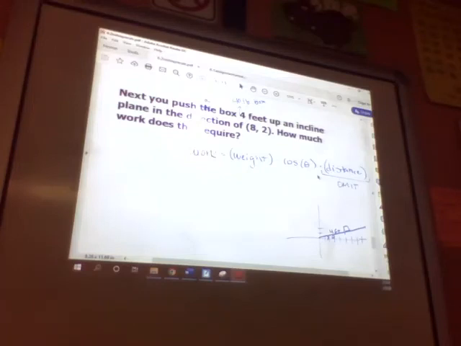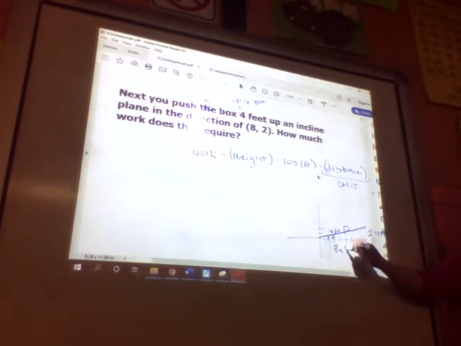Do you know how to find the angle given that it was 8 across and 2 up? No. Yes, you do. Lex, you know how to use basic trig? I'm pretty sure it's actually tangents. What is that? Opposite. 2 is your opposite side, and 8 is your adjacent side. And so to find that angle measure,